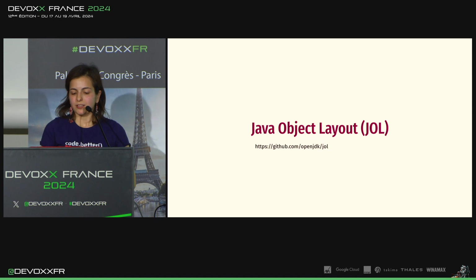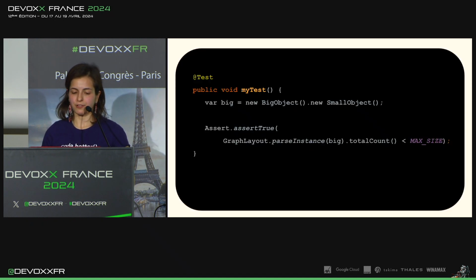There is a project, Java Object Layout, which I like, and this is using Unsafe, can help you to identify how much memory is occupied by exactly this object. So using this, you can write tests. For example, we remember that there was a huge problem with the big object, small object there. And we remember that this is the maximum amount of memory it should occupy. And if at some point it starts occupying more, you can write this assertion, and it will fail.